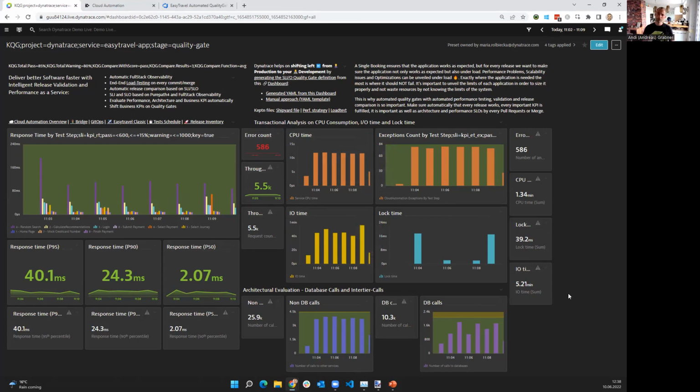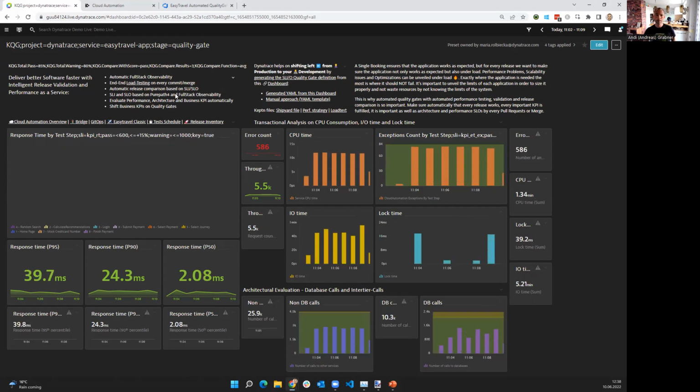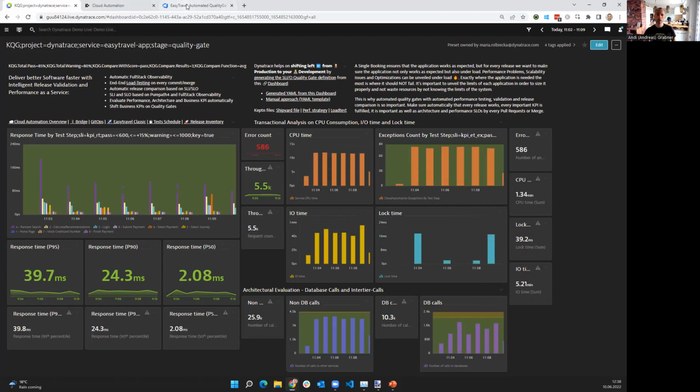So think about it. You typically build a dashboard that you would normally manually look at and say, this is what I would look at if I get a new release, and then I make an assessment if it's a good or not a good release. Now, what we allow you to do is not only create this dashboard, but we allow you, now I'm coming